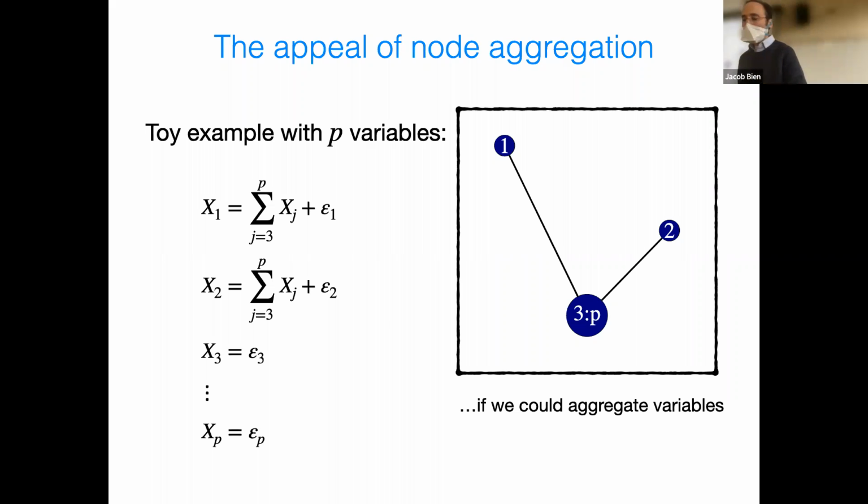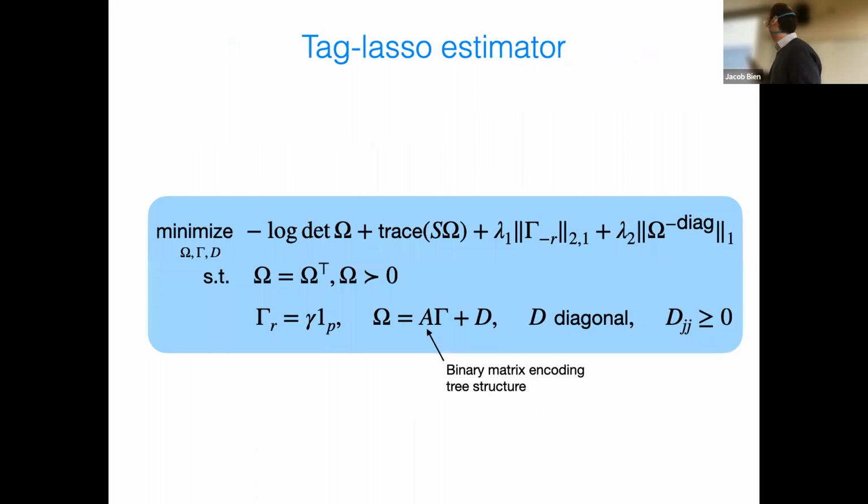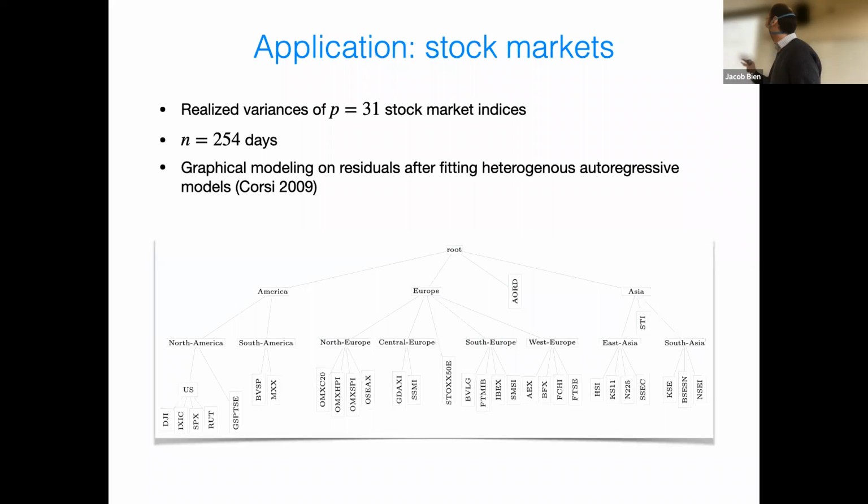Again, I'm going to go quickly and skip over the details. The approach we took was very similar to the regression setting, except now we're dealing with a matrix rather than just a vector. So the optimization problem looks messier, but it's the same exact idea, which is we add this constraint that involves the tree structure through a binary matrix. And we apply it to different stock markets. I'm sorry that this image is a little too light, but basically what I'm showing here is